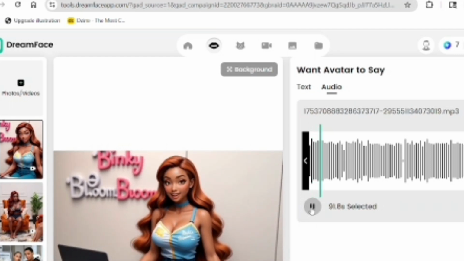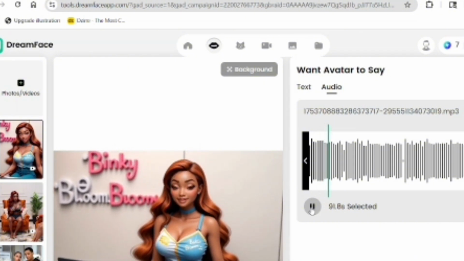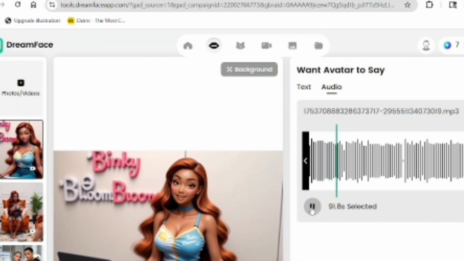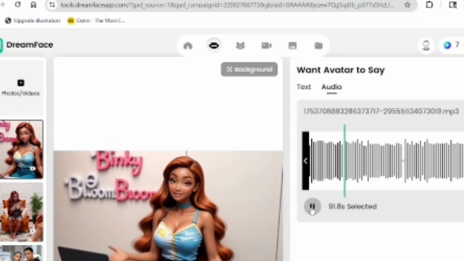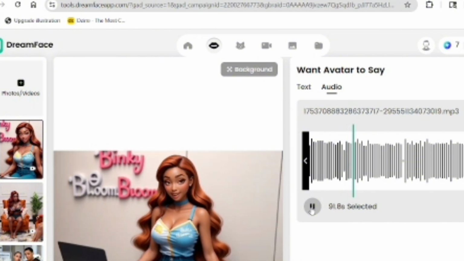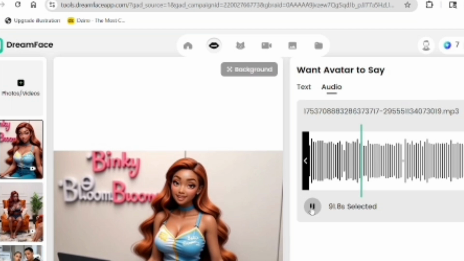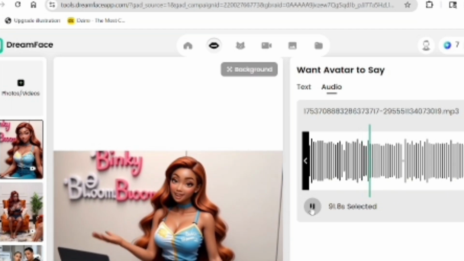The body does not involve the character doing too much. Let the character just sit in one position talking, because you already did an intro with the character doing different things, which is very captivating already. Now, when it comes to the body, where you are explaining a lot, let the character sit in one place, not doing so much. You can see here, Dreamface AI does a 180 seconds video for you,